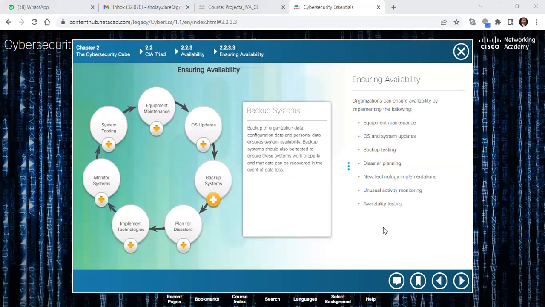Okay? It ensures system availability. Okay? So when you have,